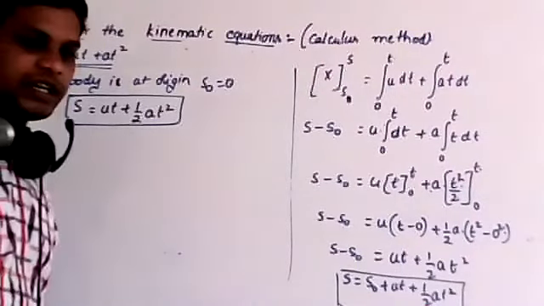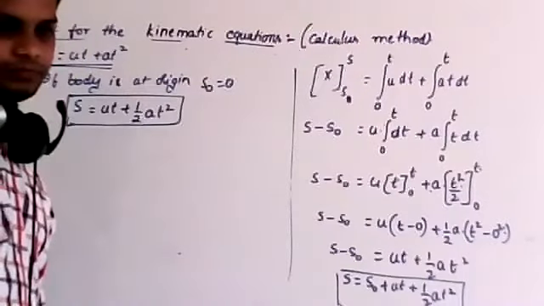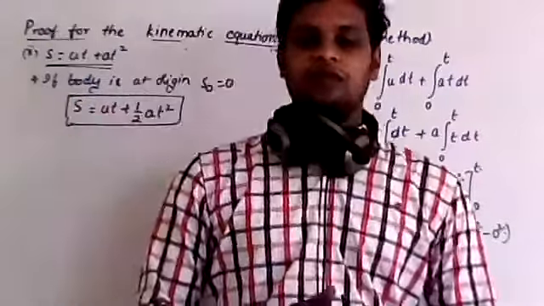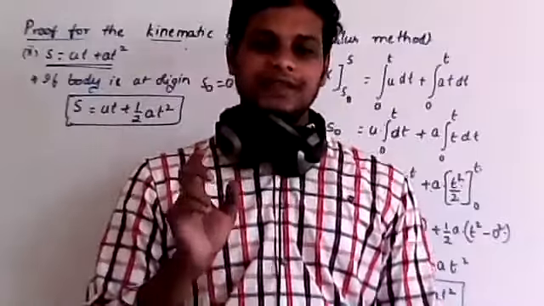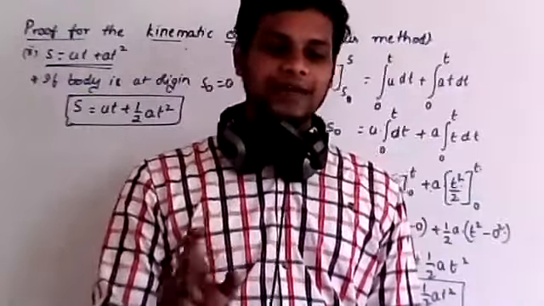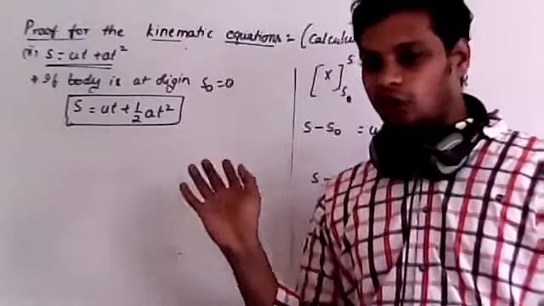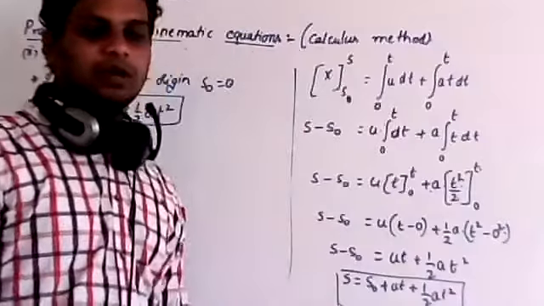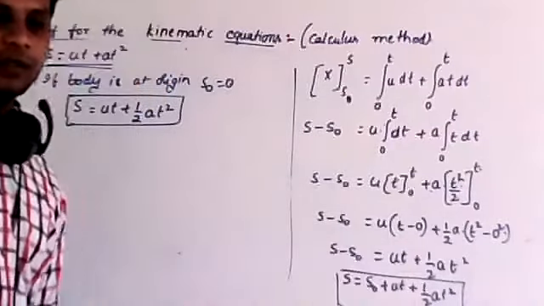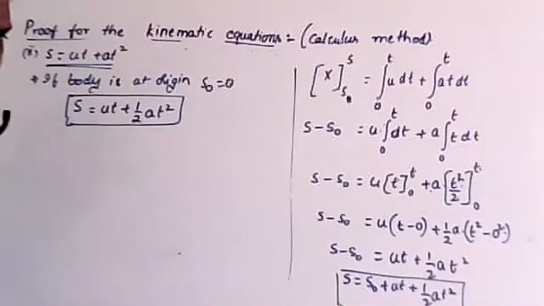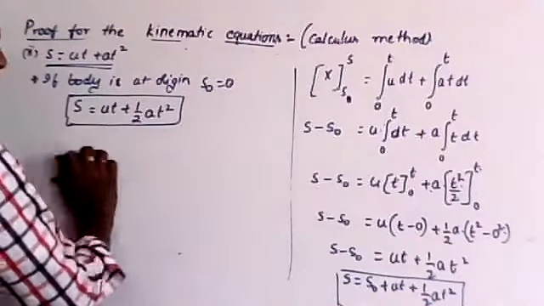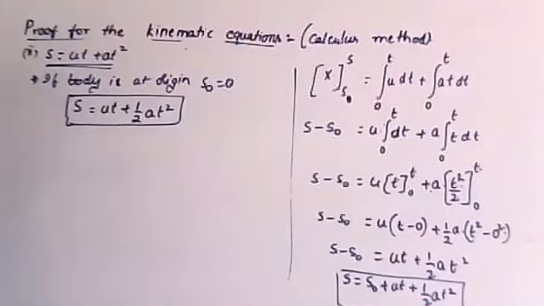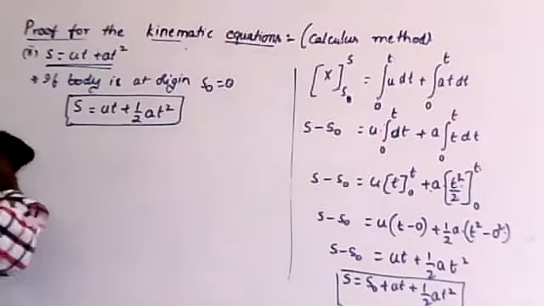Now shall I move on to the third derivation? Okay. And one more thing, from your PU examination point of view, they will ask only on the graphical method. The calculus method is not required, but sometimes if our time is not good, they may ask based on the calculus method also. If they ask based on the calculus method, you have to do like this. Shall I erase this one? Did you copy it?